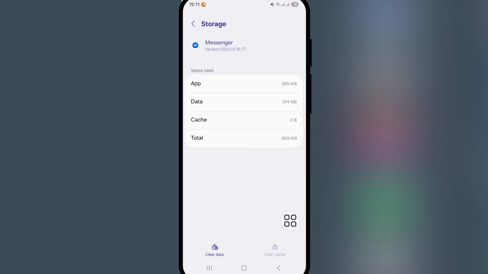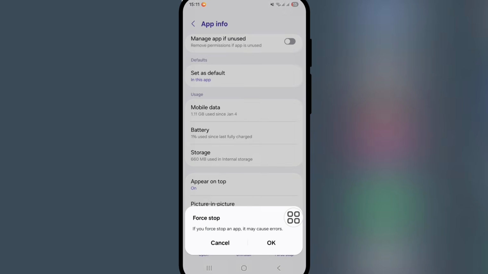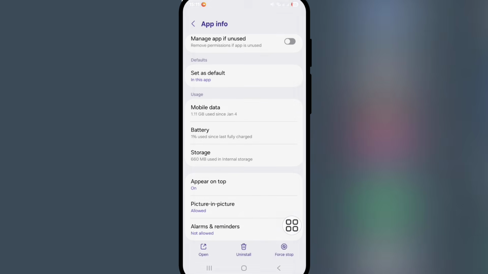Now press on the back button. Tap on force stop. Tap on OK to confirm. Now go back to the home screen